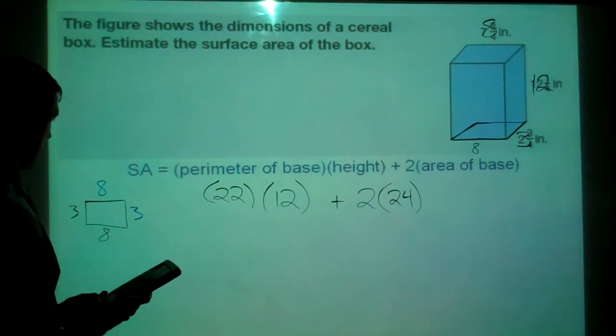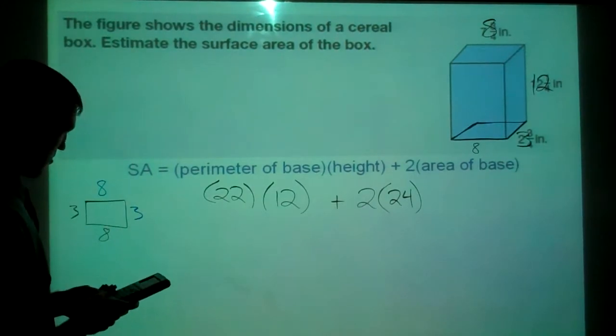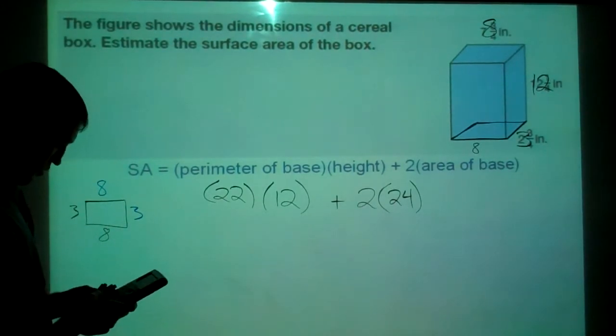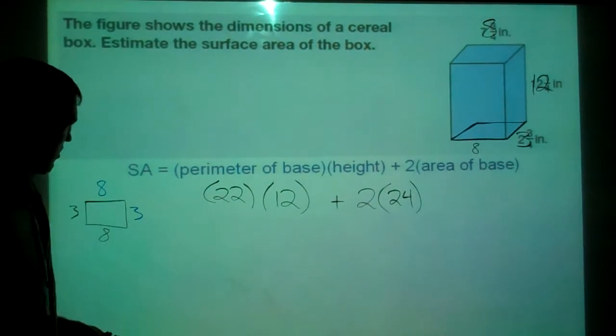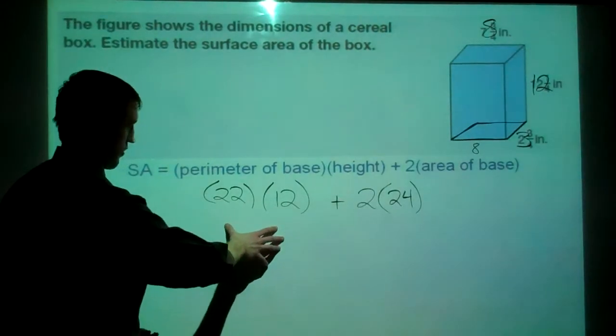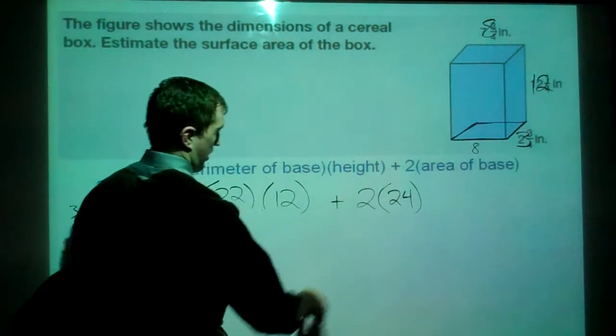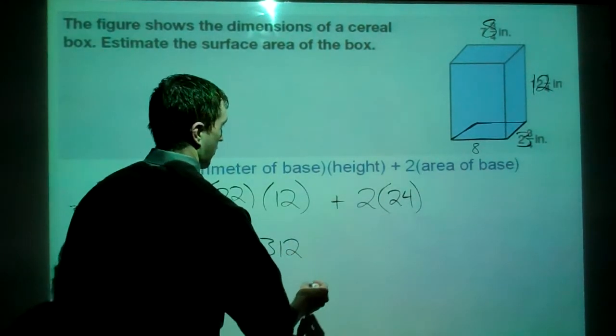Someone had it in a different program. Alright, 22 times 12 plus 2 times 24. Looks like it's about 312. So this would have been 624 plus 48, and we would have got 312 inches